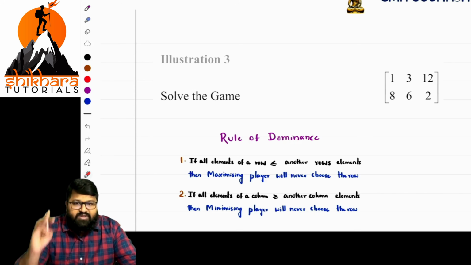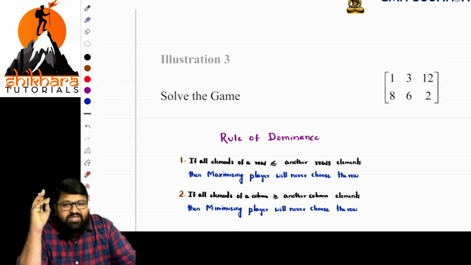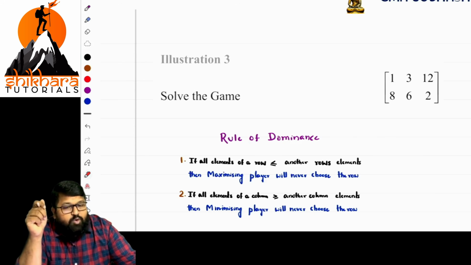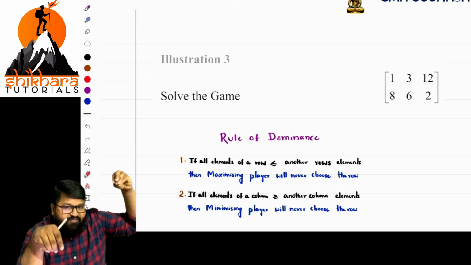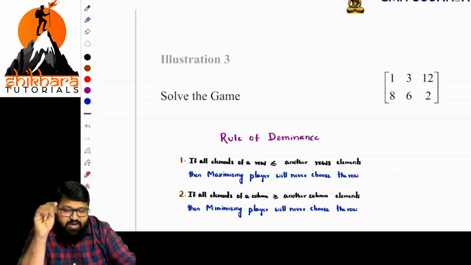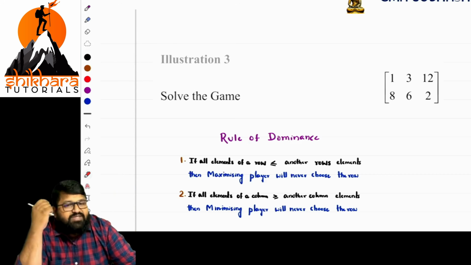Sir, what is the first one? The pure strategy. In the case of pure strategy, we need to get values equalized. What are those values? Maximin should be equal to minimax. How to calculate maximin? From the row values, we take the least value of each row. Of those least values, that is the minimum values, we identify the maximum value. What about minimax? From the columns, identify the highest value and mention it there.